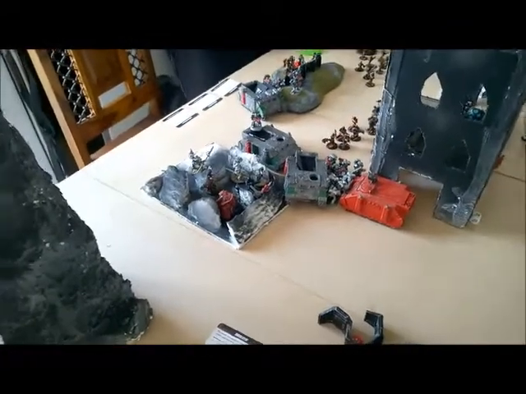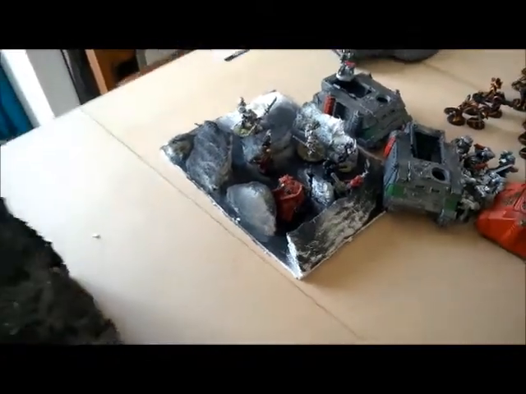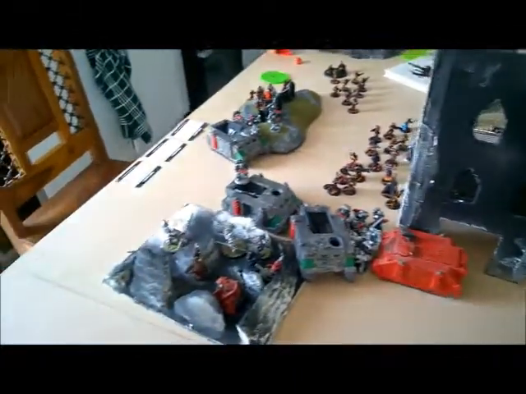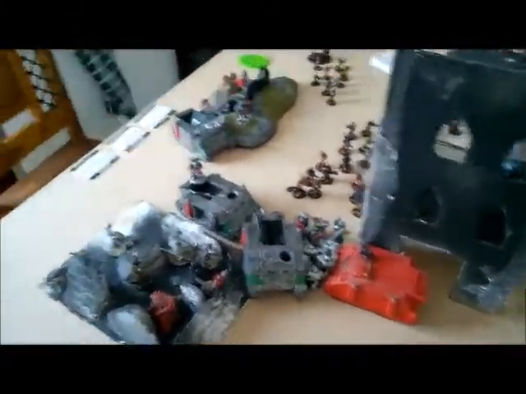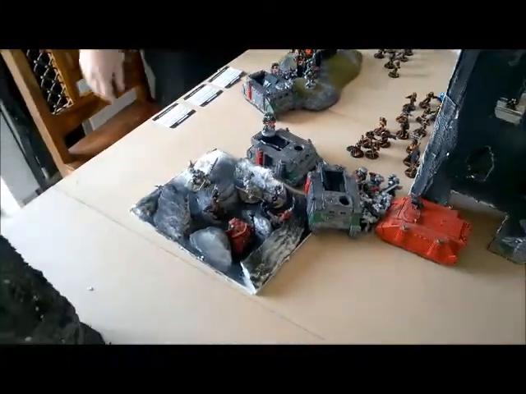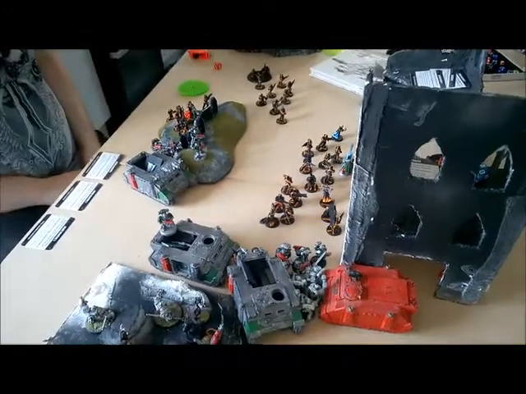During the psychic phase, I actually cast 4 psychic powers this turn. The Inquisitor there has re-rolled all of his stuff. I managed to get +1 invulnerable save on the Land Raider. I cast the Purifying Flame again, which did quite a lot of damage around this area. Knocked out a good 3-4 Space Marines from various squads and knocked out a couple of men from the large